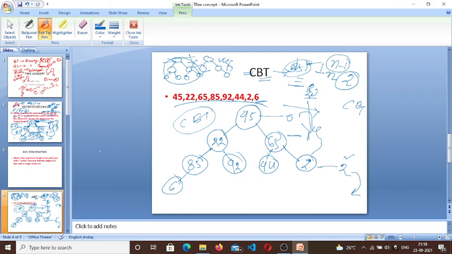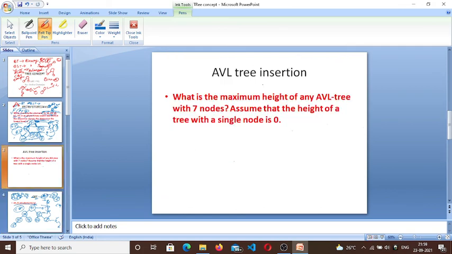And the last concept we read today is the AVL tree. We just read the concept of the AVL tree today because we did not go further into the AVL tree, like the rotation of the tree. We will see the rotation in the next video. We just need to know what an AVL tree is. So an AVL tree basically depends upon a balancing factor, like -1, 0, +1.